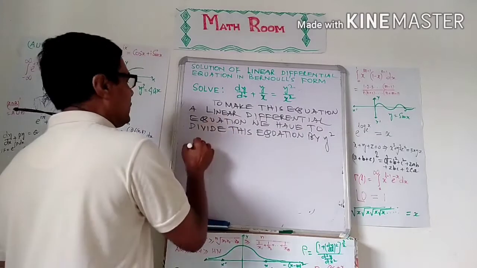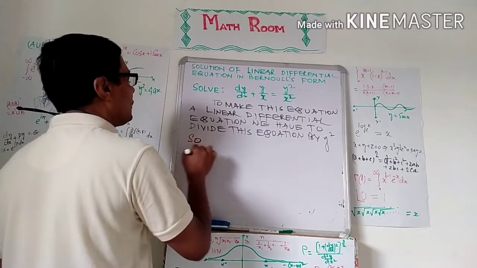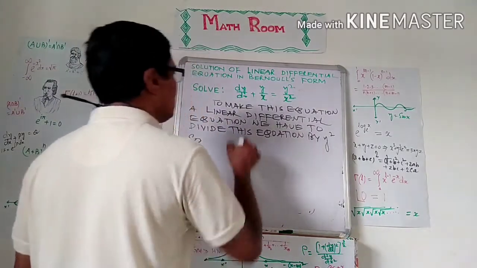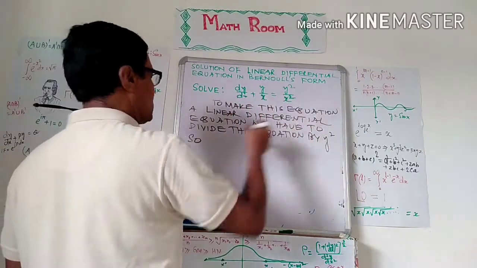So after dividing this equation by y square, we get